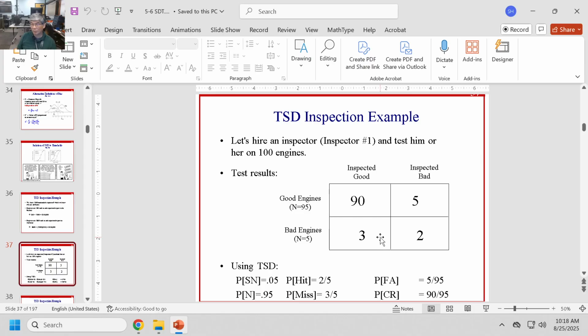And intuitively you can think about it: if the price of letting a bad engine through is 1,000, the higher the price. Almost like Homeland Security